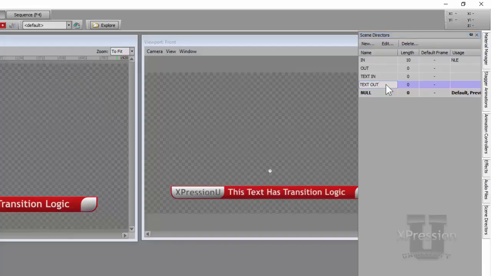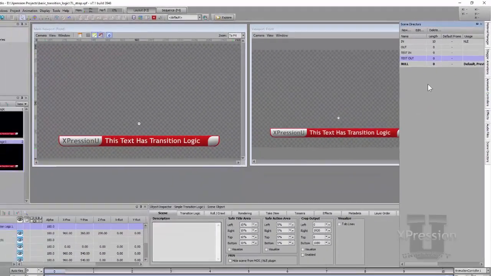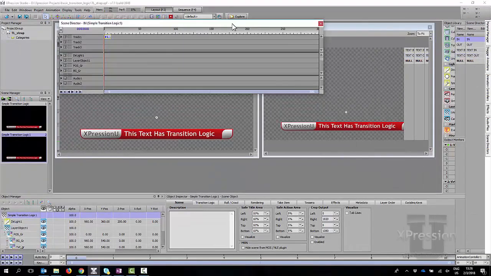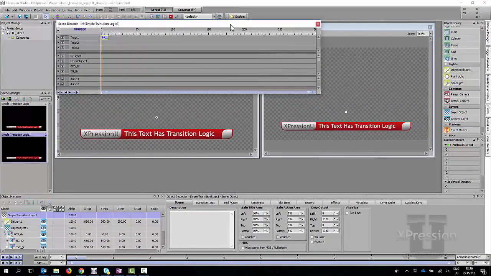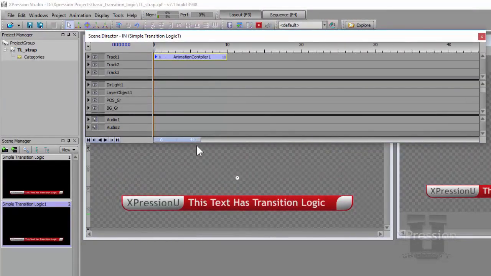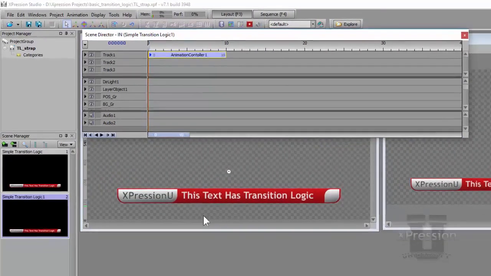So I've got my in, out, text in, text out, and what I'm going to do is I'm going to start with my in scene director here. Because I'm working with one screen for this video, it's going to be a little bit cluttered. Normally I prefer to work with 2 screens. I recommend that for yourselves as well, but for the sake of this video we're going to work with just the one. I'm going to just zoom in on this guy here,